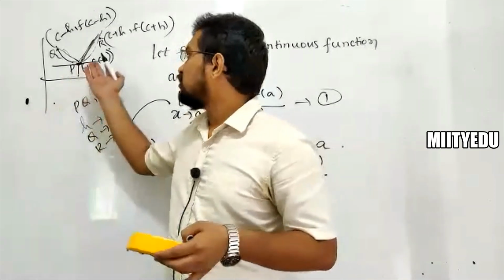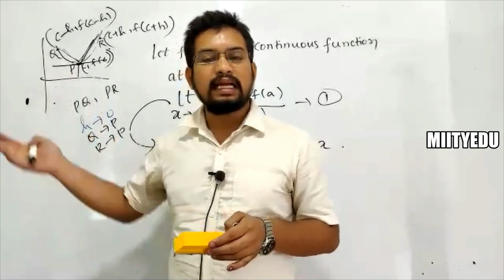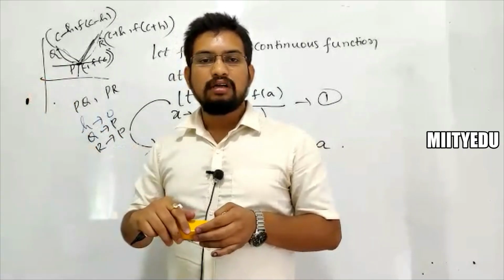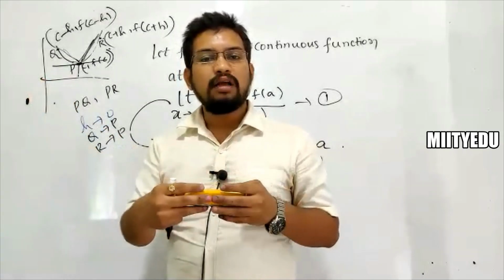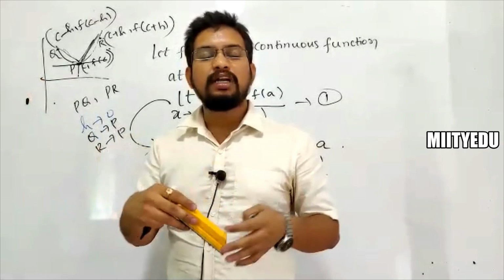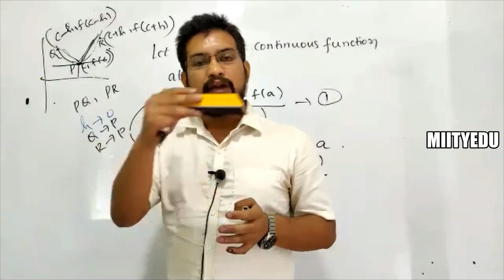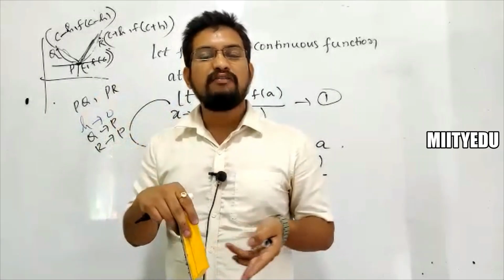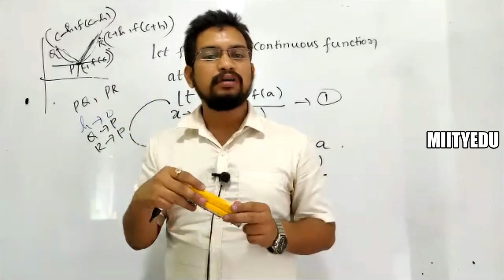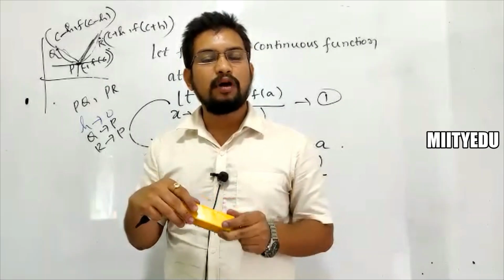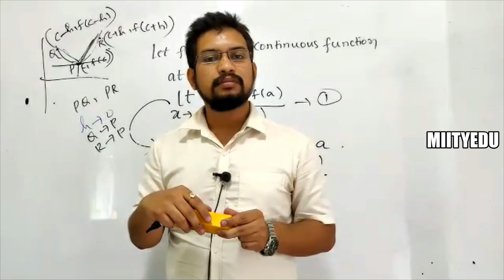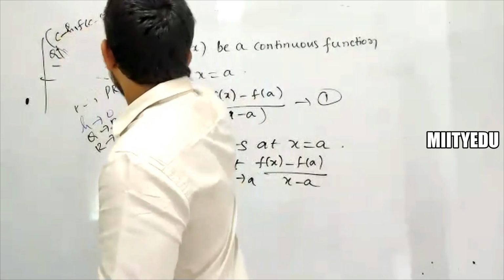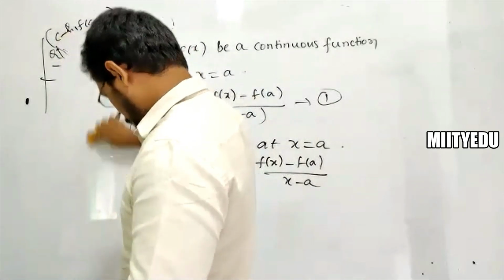Now, this is what we have discussed the other day, in the last class. That is, slopes of the tangents are equal, and that will be termed as the derivative. Means for any curve, at some point, if we want to find the slope of the tangent, we'll find f dash x at that particular point, and you'll be getting the slope of the tangent, right? So moving forward from this,